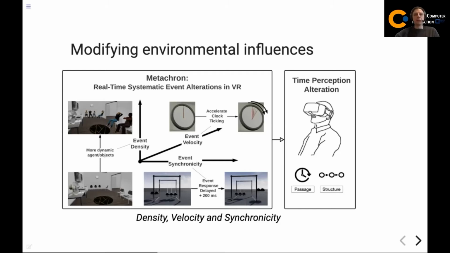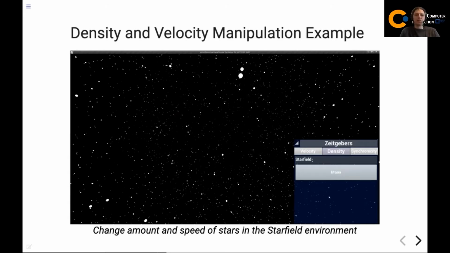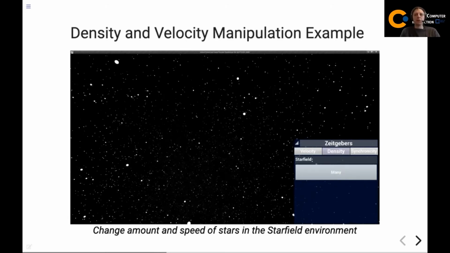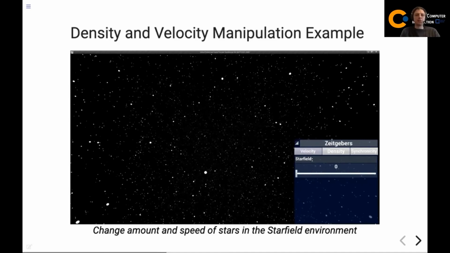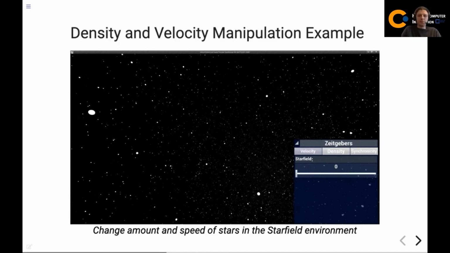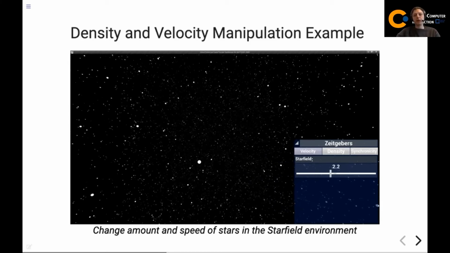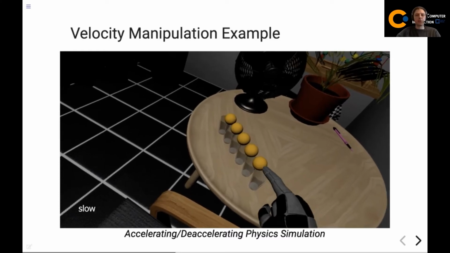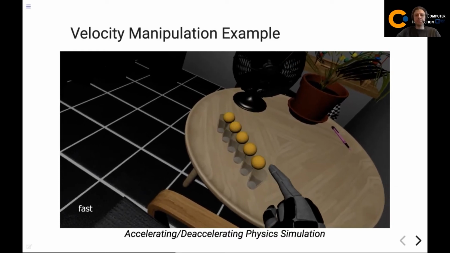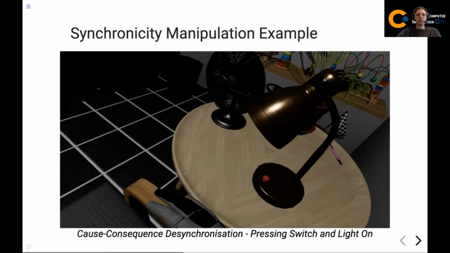To give you a few examples of these axis manipulations, you see a virtual environment, the star field environment, manipulated in the amount of stars and in the velocity at which it is moving towards the user. In this example, you see how a physics simulation of dropping balls can be accelerated and decelerated. Here is an example for the synchronicity manipulation.